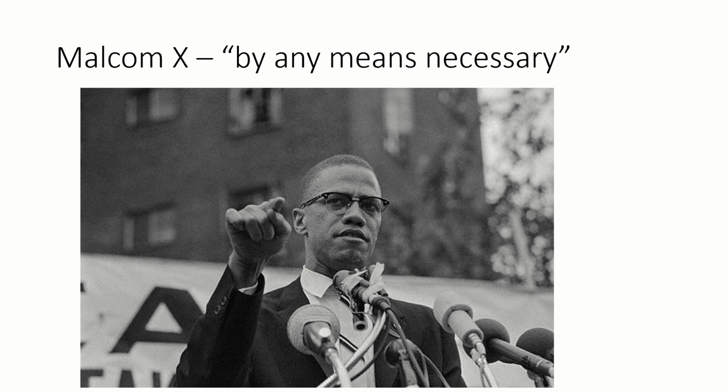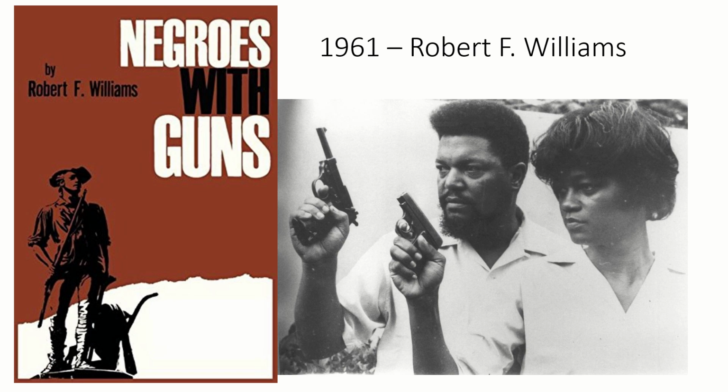He said he would use nonviolent means, but if those failed, that he would be more than willing to use force in order to gain the civil rights that he believed that they deserved. Robert F. Williams in 1951 also publishes a book called Negroes with Guns, in which he advocates that in places where the police did not defend African Americans, that they should stockpile weapons and form their own militias in order to protect their communities.